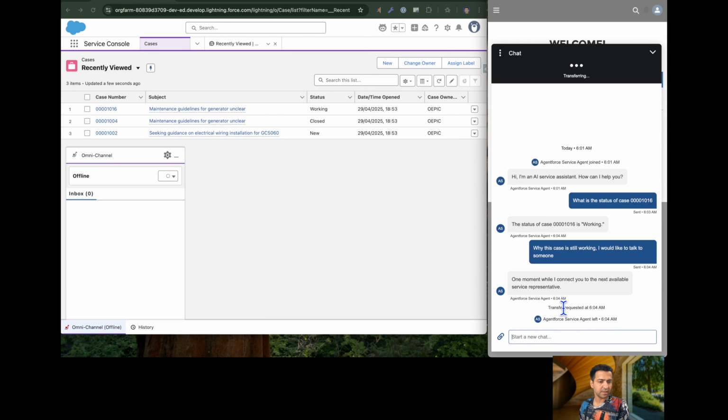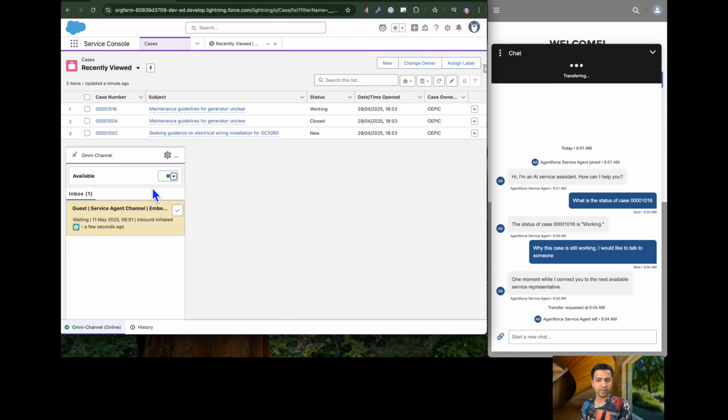So now you can see the transfer request is initiated. Agentforce left the conversation and it is trying to transfer this conversation to a live human agent. But this keeps going because the live human agent is offline and hasn't reached the office. So let's say I am reaching the office and I am now changing myself from offline to available. Now let's see the magic. As soon as I change the status to available,